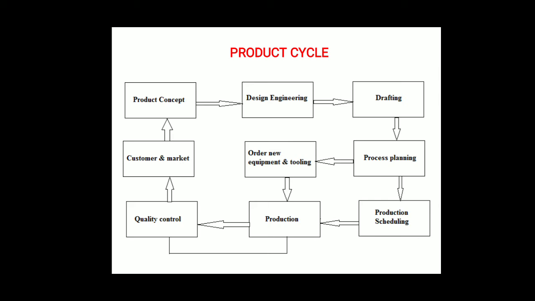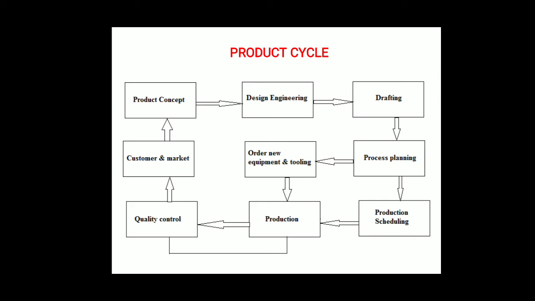First is the new design. If the design is created from scratch through the application of scientific principles, technical ability and creative thinking, it is known as new design or creative design. We create a new design from scratch itself, meaning there is no previous file and no previous data. We create a totally new one. That is called new design or creative design. Examples: locomotives, airplanes, steam engines. When they came into use for the first time, they were new designs.